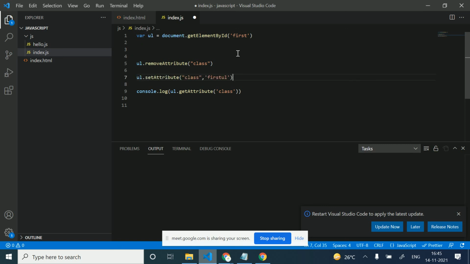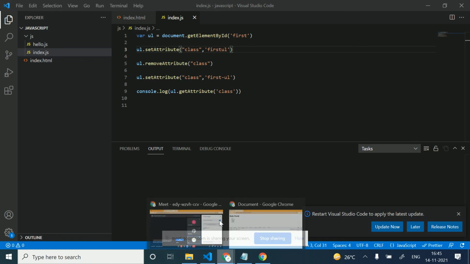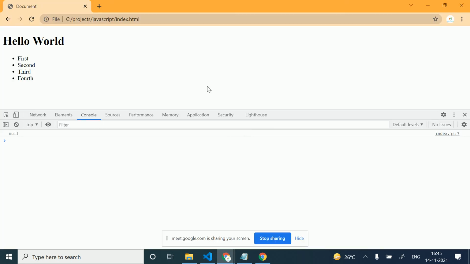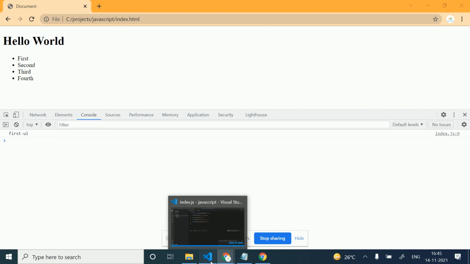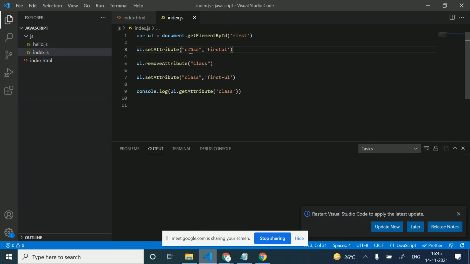First I have removed this class, and now I'm just going to set it again. Okay, let's check what we will get here. So now we will get first-ul here. This was set on the element ul class first-ul, and this is removed by this removeAttribute.